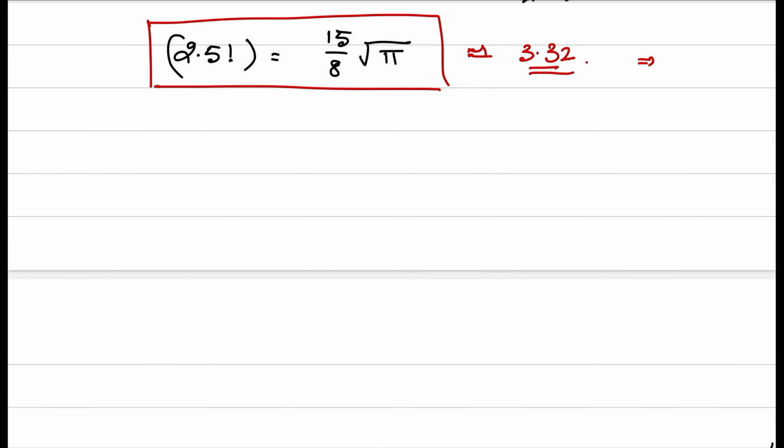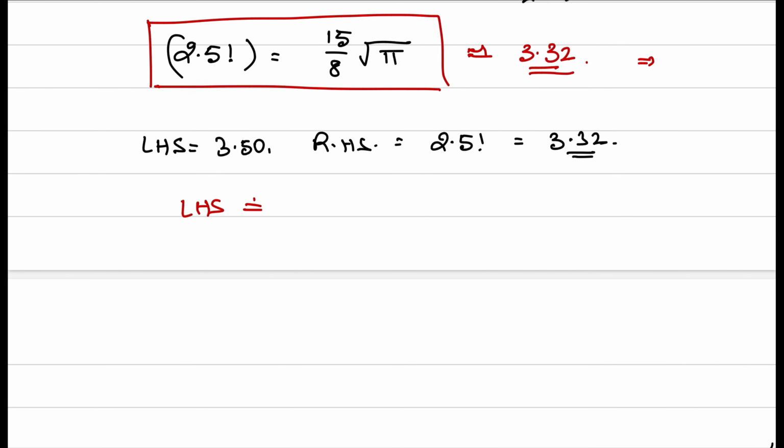That implies left hand side is equal to 3.5 and right hand side is 2.5 factorial, that is equal to 3.32. That means approximately, with 2.5 value, even though left hand side is not equal to right hand side, but with brevity